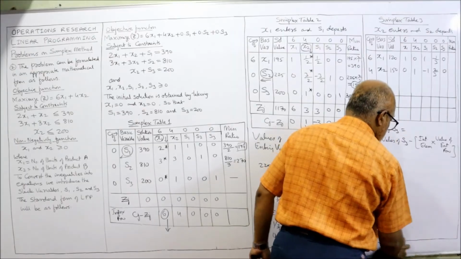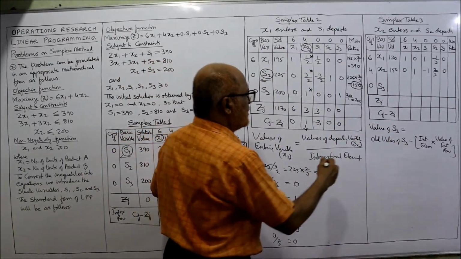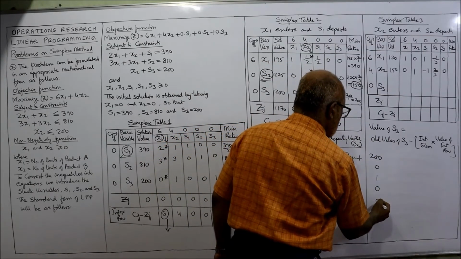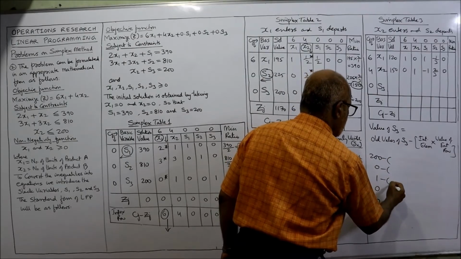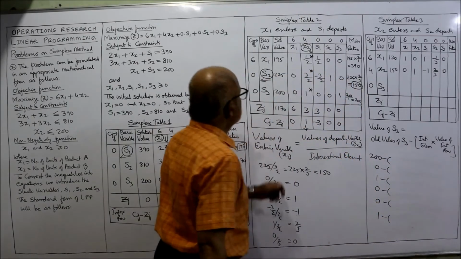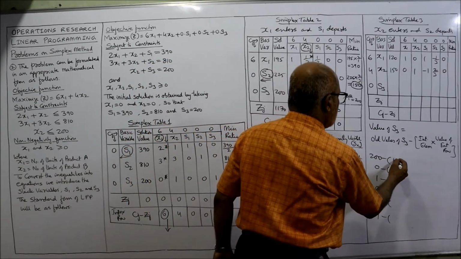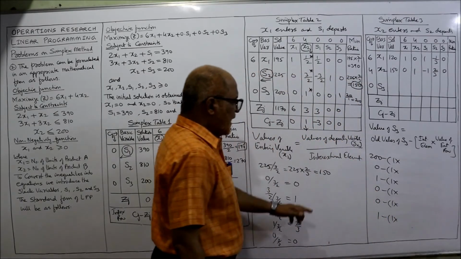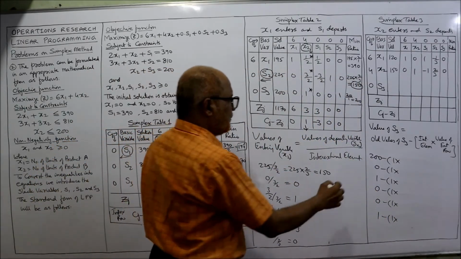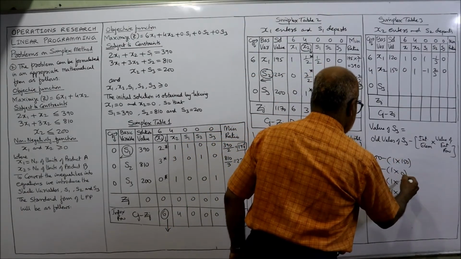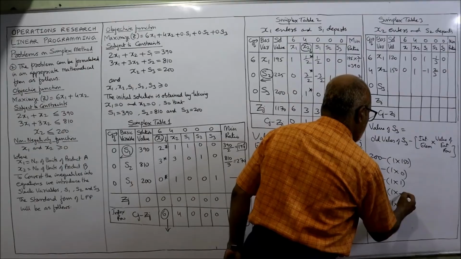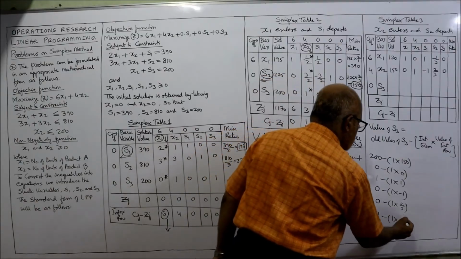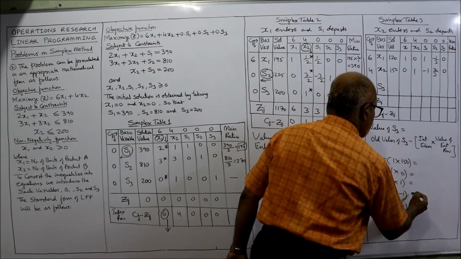See here, old values of S3, 200, 0, 1, 0, 0, 1, 0, 0, 1, minus intersectional element of S3 is 1, 1 into values of the entering variable 150, 150, 0, 1, minus 1, 2 by 3, then lastly 0 is equal to